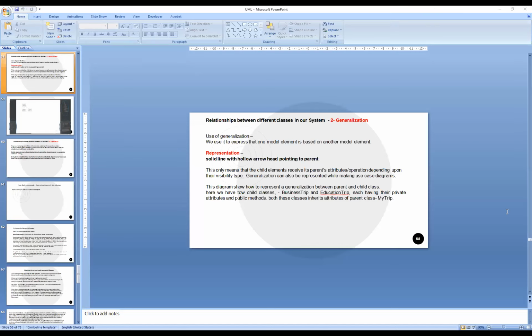Generalization is something where we have some entities, or you can think of them as children. We have a different number of children: child 1, child 2, child 3, and so on. But all these children are associated with the parent only. This is what we call the parent-child relationship. So generalization, we can visualize in terms of inheritance-type concepts. Now let's see how we are going to draw this particular generalization.